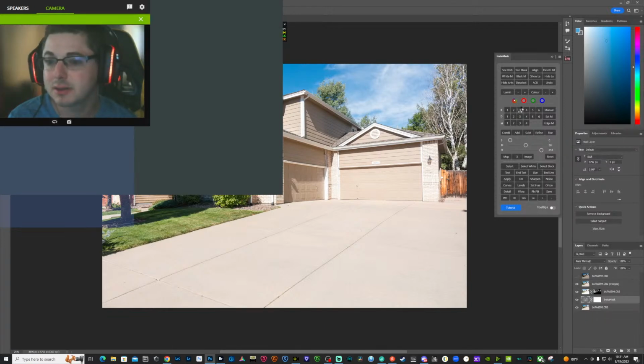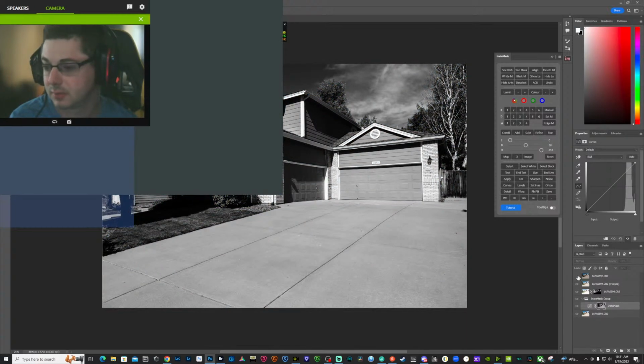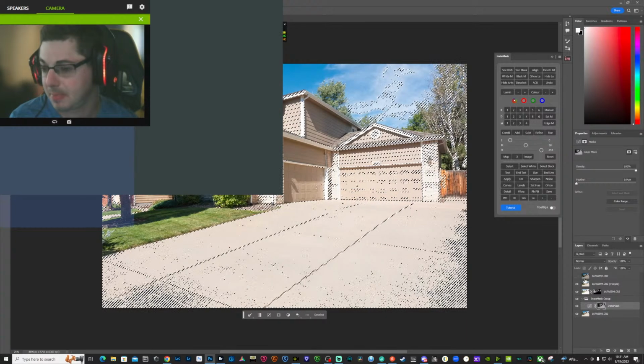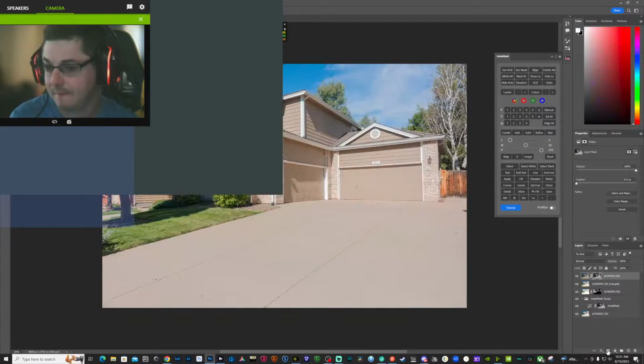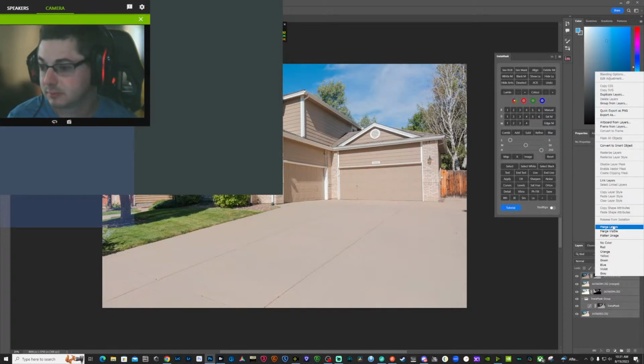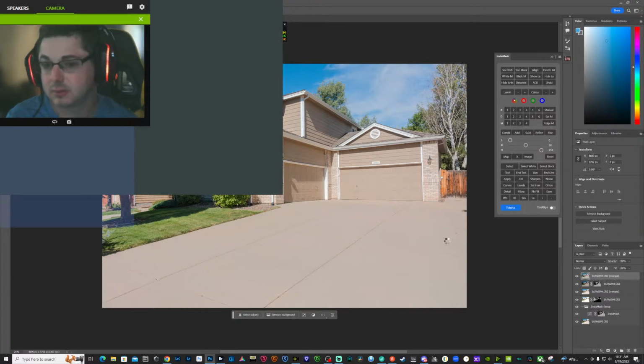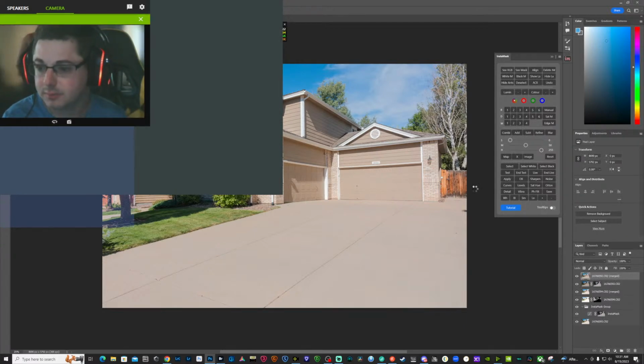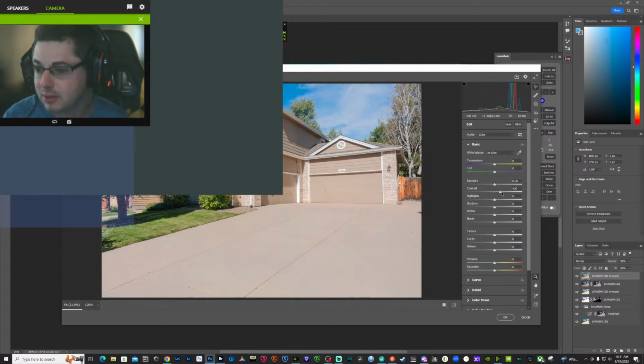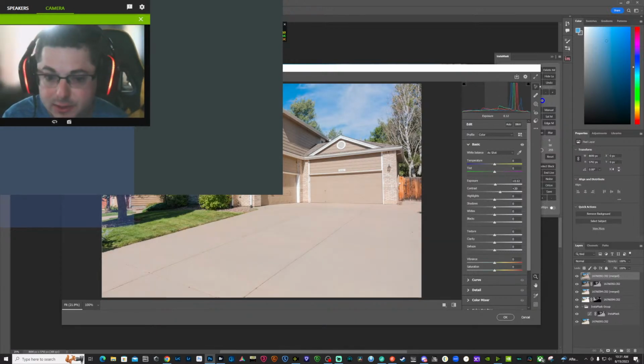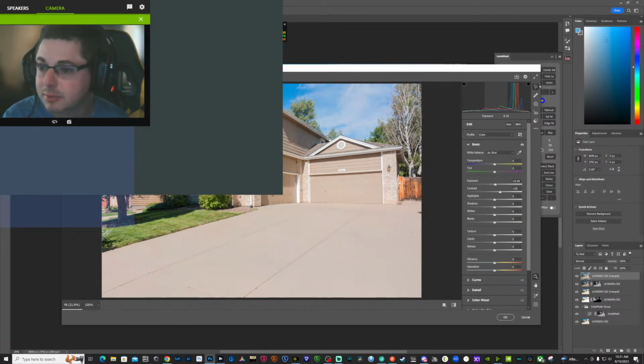Let's have it select our brights here. Give it more contrast. Boost our exposure maybe a little bit, not a ton. Let's see. Our graph's already looking kind of pretty flat.